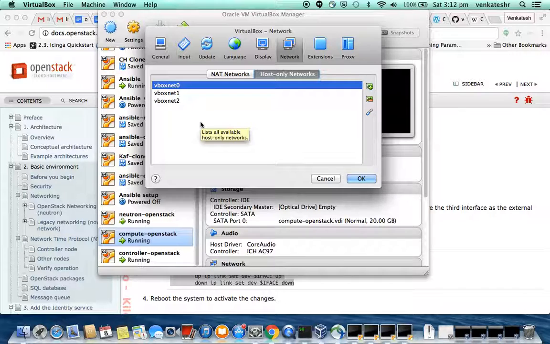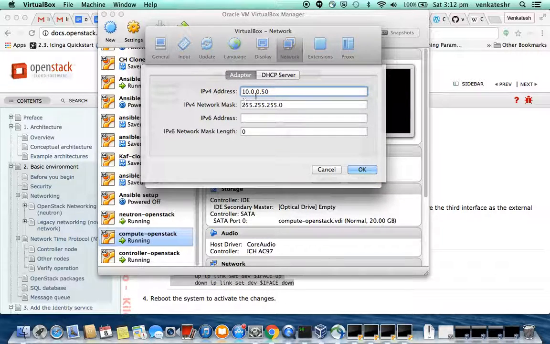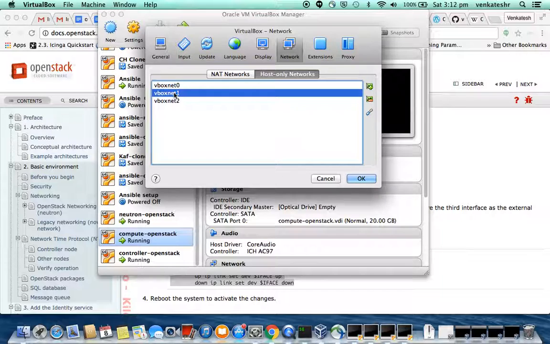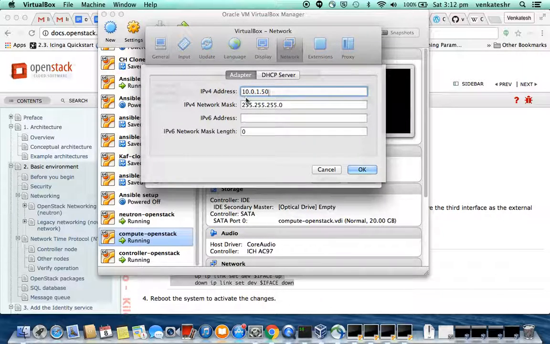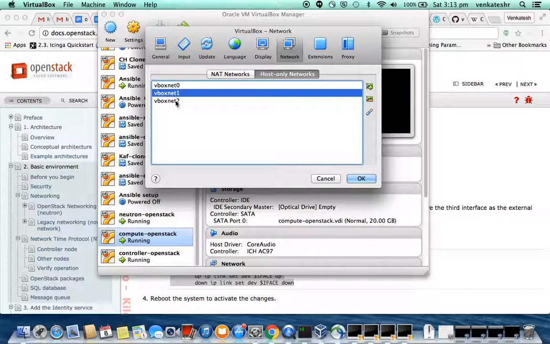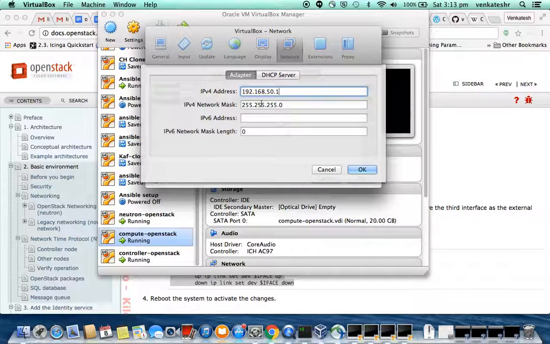Since this topology requires 3 networks, I used vboxnet0 for the management network 10.0.0, the tunnel network on the 10.0.1 subnet, and the external network